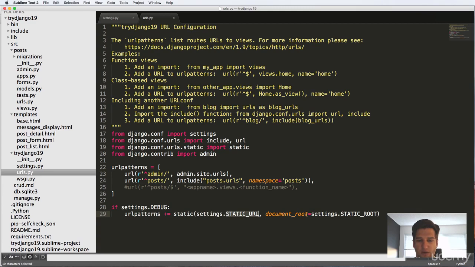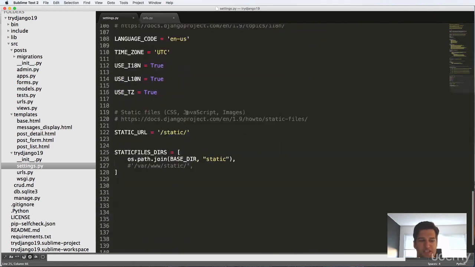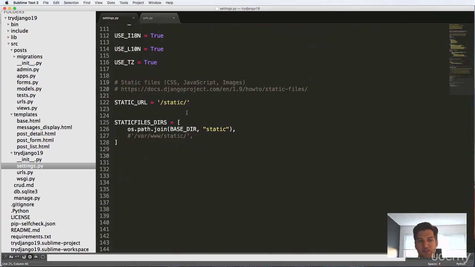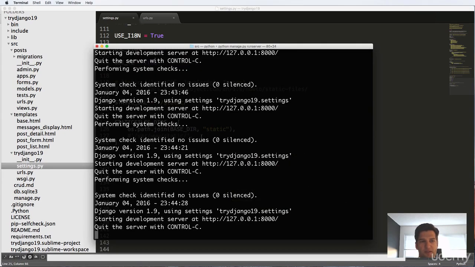It's taking the static URL and then the static root. Well, we didn't actually set the static root, and if we go into our settings, we don't see it anywhere. I'm going to leave it blank for now to see if it even works and how it may work. So now that we have the settings set up and our URL set up, we're going to do a call